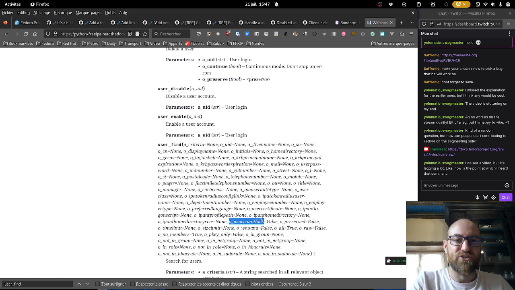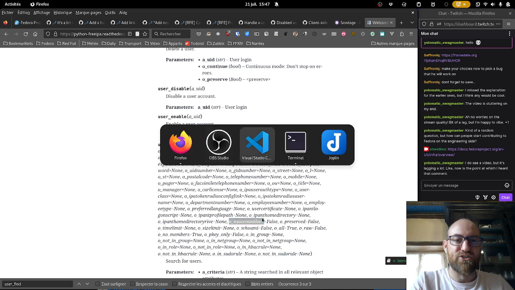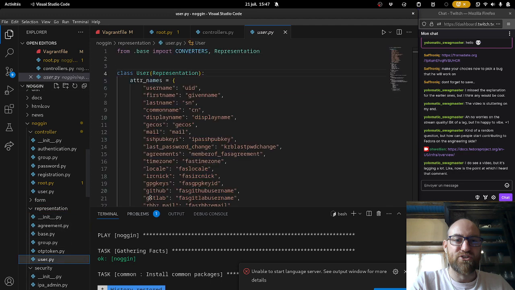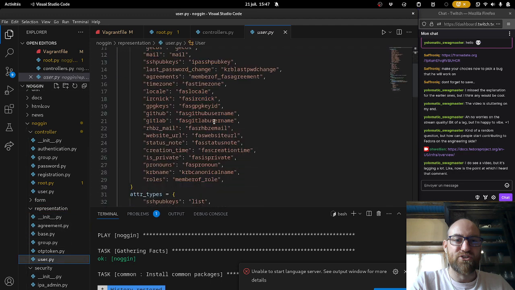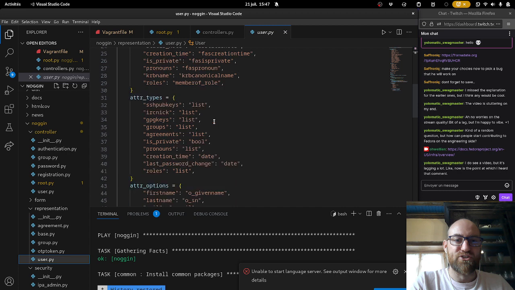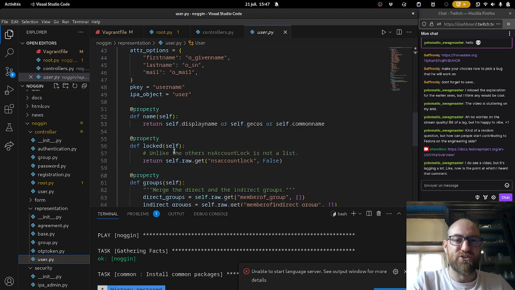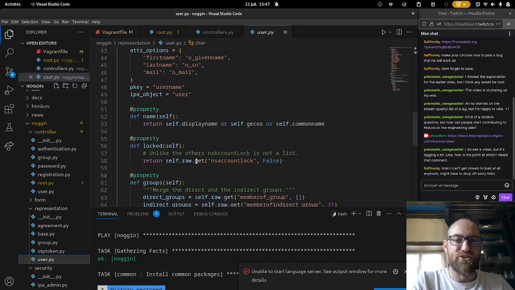Let me check if it's actually the case. Here we have a representation of the user to convert what we get from LDAP, which is a dictionary basically, to something that we can work with more easily. And one of them, I think, is locked. Yes, locked.